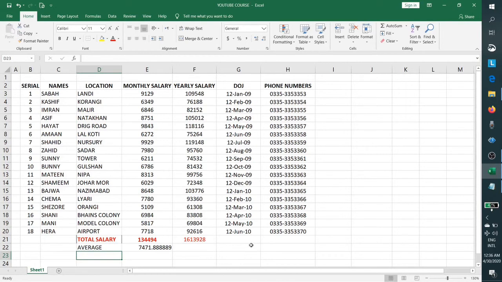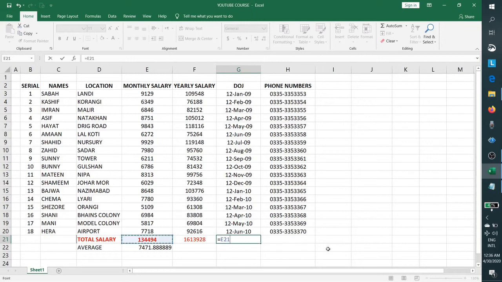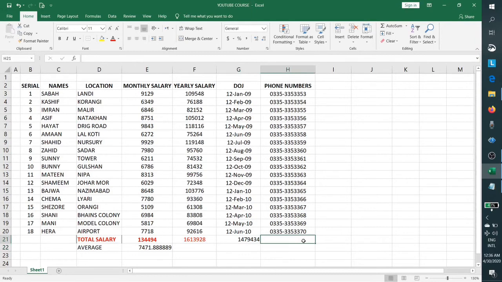Similarly, if you want to make a subtraction, you can come here, select any cell, type a minus sign, and select another cell, and you will get the subtraction. If you want to make a division, you can use the divide sign and divide it here, and you will get a division. So this is how you can do addition, subtraction, division, average, everything here.